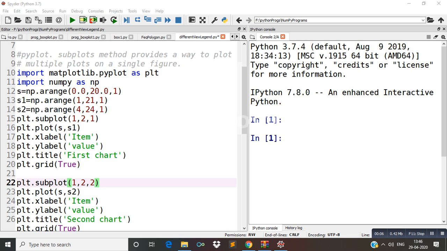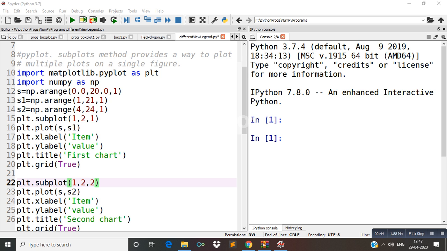Now, first of all, you must know what is the topic of today's class. The topic of this class is to plot multiple plots on a single figure. That is, in a single figure we have to create more than one plot. So this is the objective. Have you got what is the objective of the class, or what is the question which we are going to solve? Today's topic is to create more than one plot in a single figure. This is our objective.